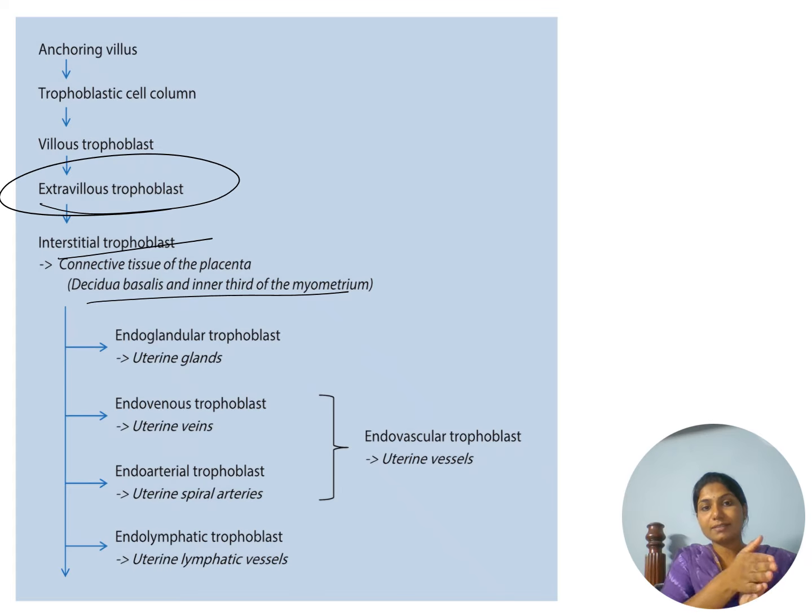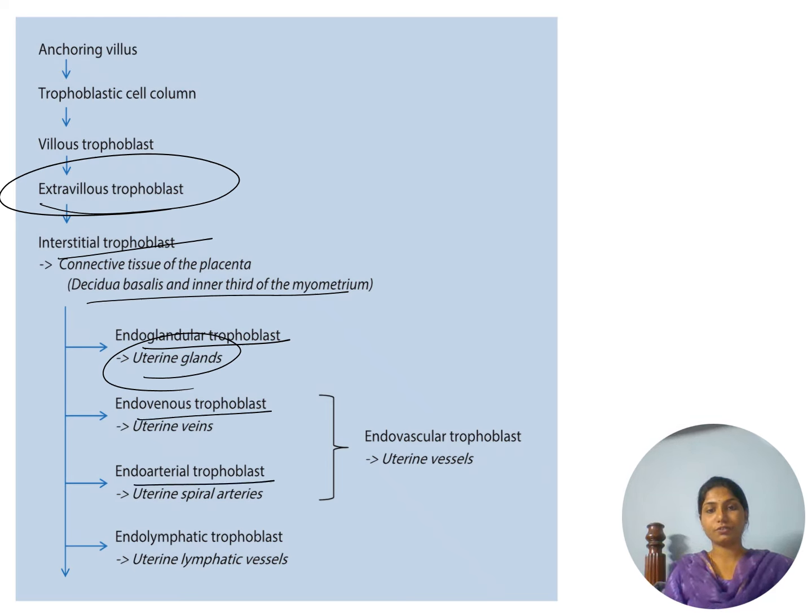There is something called a placental bed which is formed by the interstitial trophoblast, and some of the trophoblasts go into the uterine glands, and this has something called histiotropic diffusion. So there is some amount of diffusion of nutrients between the trophoblast and the uterine glands. So this is called the endoglandular trophoblast,